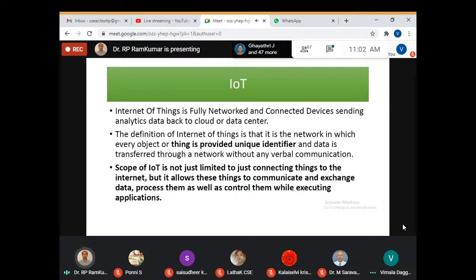That is the scope of IT is not just limited to connecting the things alone through the Device internet. sending yes, device Whether I want to stop? sending analysis data back to call or data center. Sending